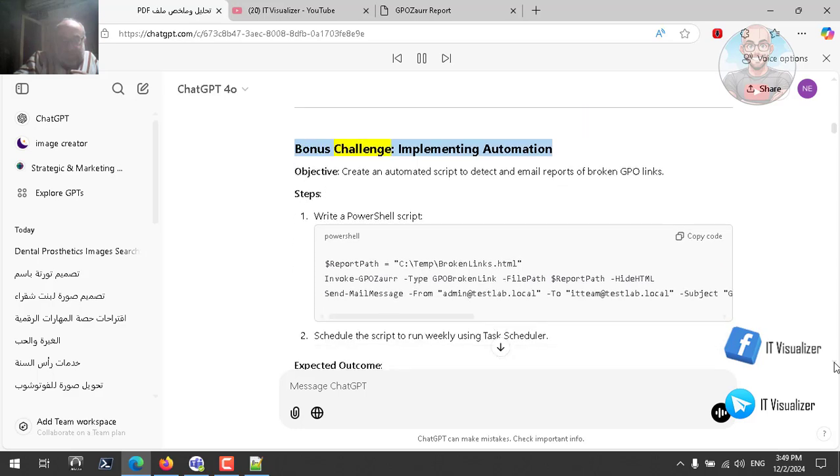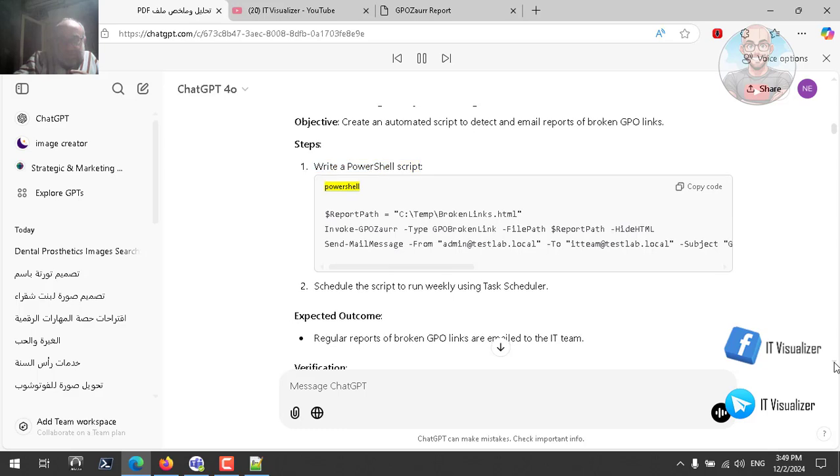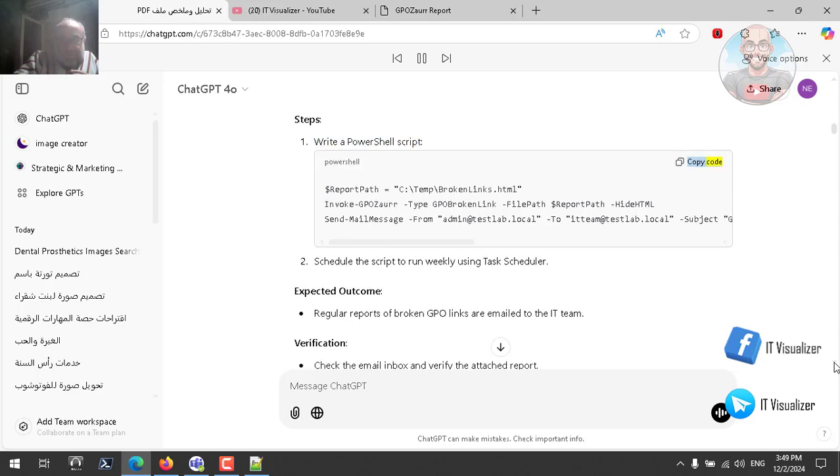Bonus challenge: implementing automation. Objective: create an automated script to detect and email reports of broken GPO links. Steps: write a PowerShell script. PowerShell: $reportPath = C:\temp\brokenlinks.html, Invoke-GPOZaurr -Type GPOBrokenLink